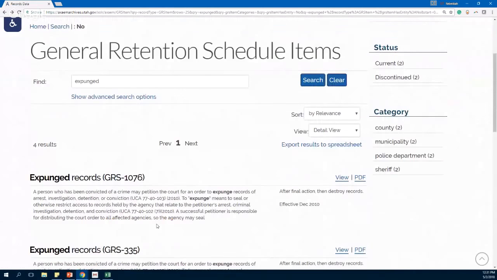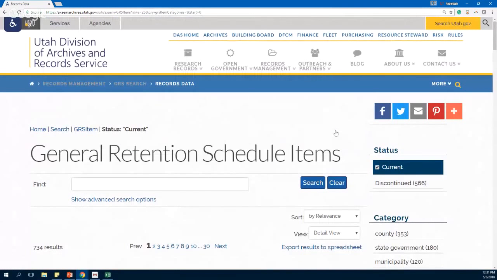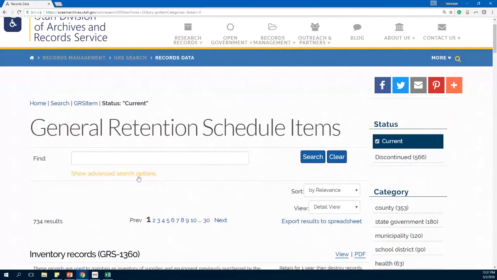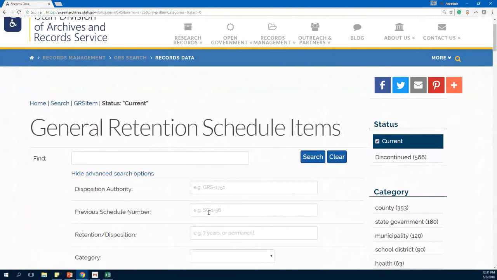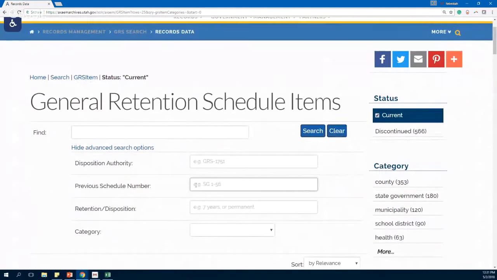I have a question here. Please walk through on the webinar how to search by a previous schedule number, because this person has a bunch that they're going to need to cross-reference. Aha, okay. So let's see if we can record that search, right? Okay. Let's see if we can find that old schedule, Municipal